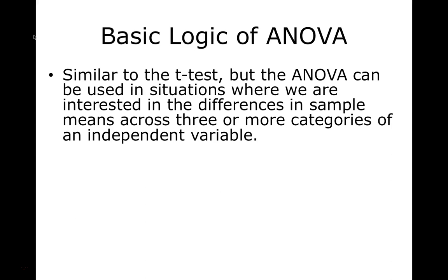So if you remember when we looked at t-tests and we did an example, we looked at gender differences, comparing males to females, so that's an independent variable on which we have 2 groups, 2 categories. And so the ANOVA is a situation in which we want to ask a similar kind of question about group differences, but we have an independent variable where we have more than 2 categories, so 3 or more categories of